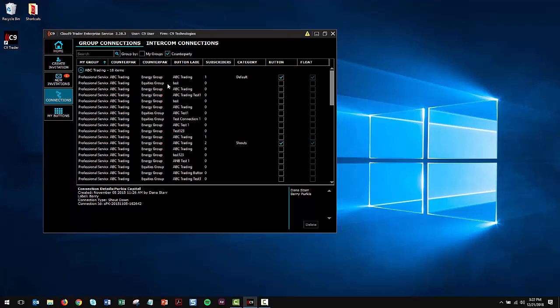Here we can see the button label, how many people are already subscribed to the button, and if we have other connections that are going to this firm, the little checkboxes here will signify that we already have them on our layout. As I click on each connection in this list here, I can see some different details and data